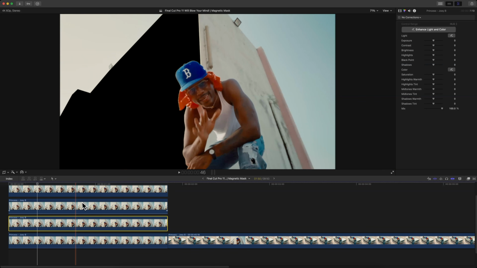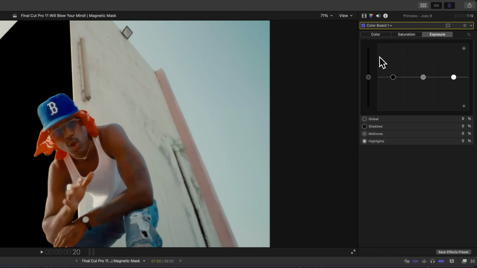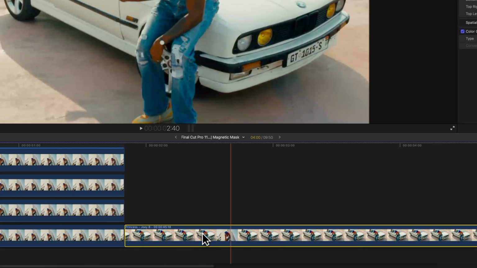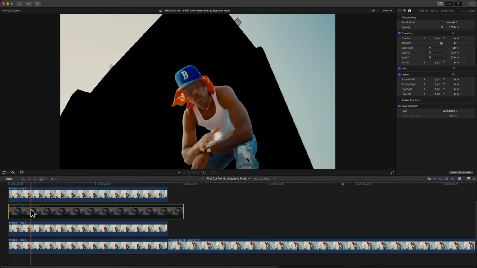Now we're going to do the same thing for this shot here, which is this one. So I'm going to select that clip and do the same thing. So I'm just going to bring the exposure down. So now it's black. So we're going to drag the first clip, which is this one. I'm going to trim it and delete the rest. And I'm going to drag this one right over our first clip, which is going to be this one, the